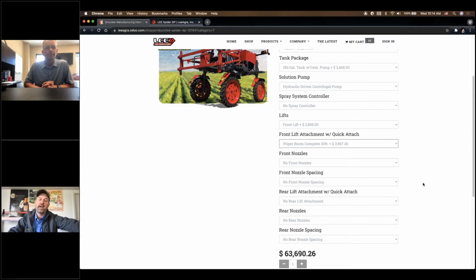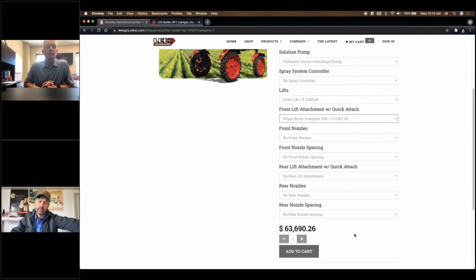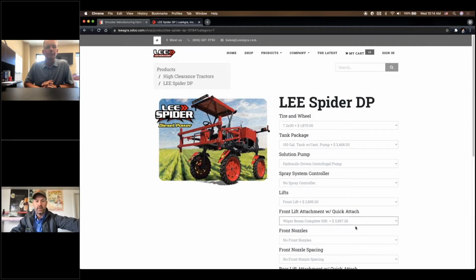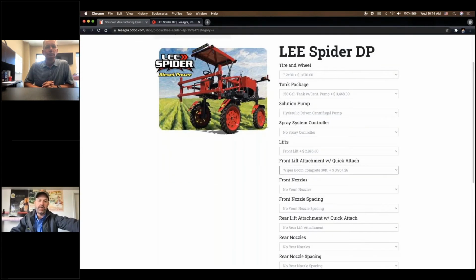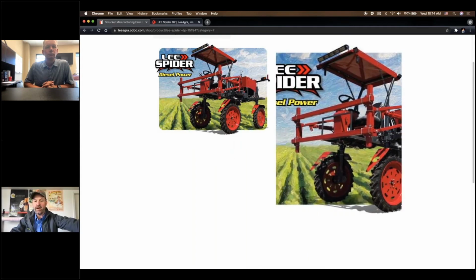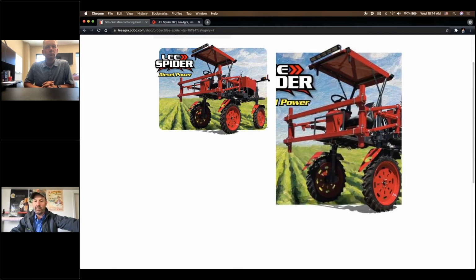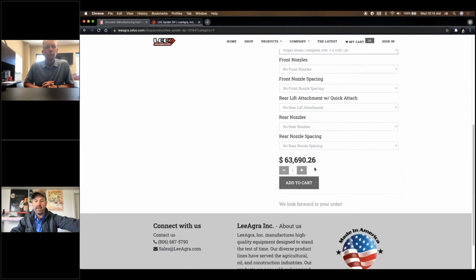Perfect. Okay, so let's move on. Front nozzles, lift. We're not going to put a rear lift attach on this one. Actually, we're pretty much done. Is that right, Lynn? Yes, this one's configured, ready to go. If we're just going to put the front lift with the wiper boom on the front. Look at this, guys. If you are willing to use the natural God-given air conditioning that he gives and have some shade there, maybe put a couple fans up here, you can be out weed wiping, ready to go